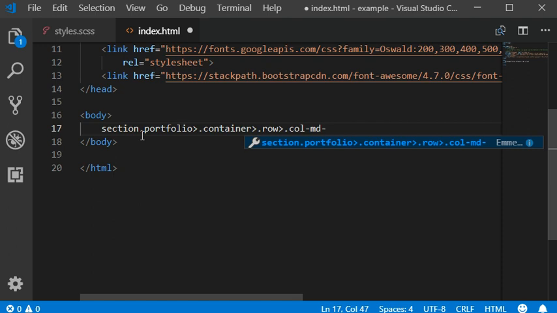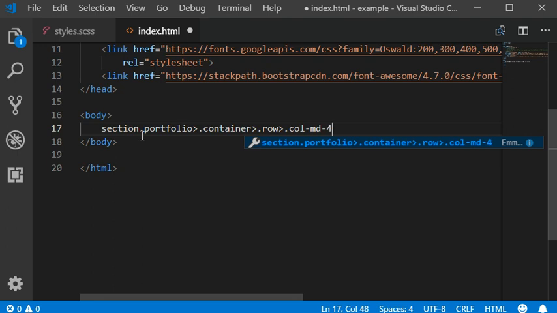If you want to add 3 cells into the section, you can simply add 4 here, and if you want to have 3 to 4 cells, you need to add 3. So all the 12 columns will be considered. So I'm going to add 3 columns